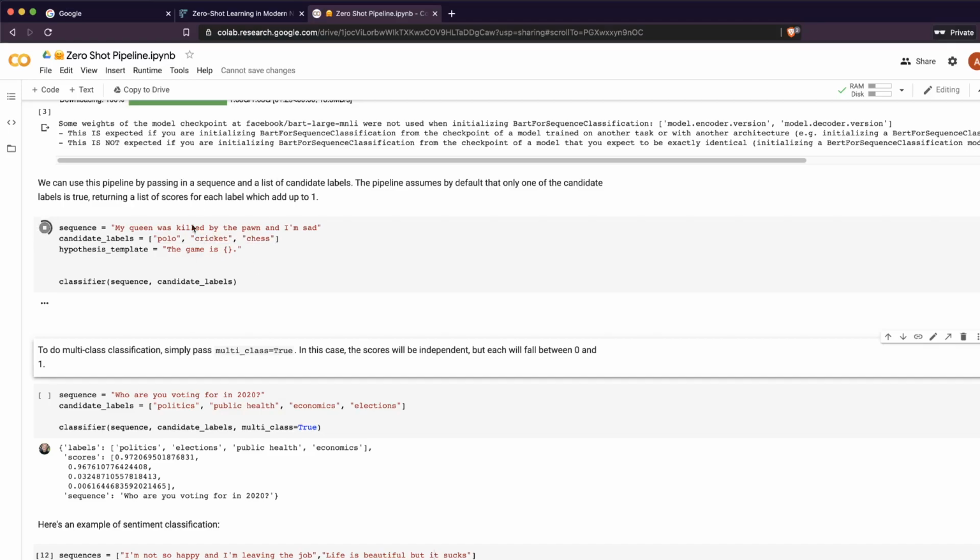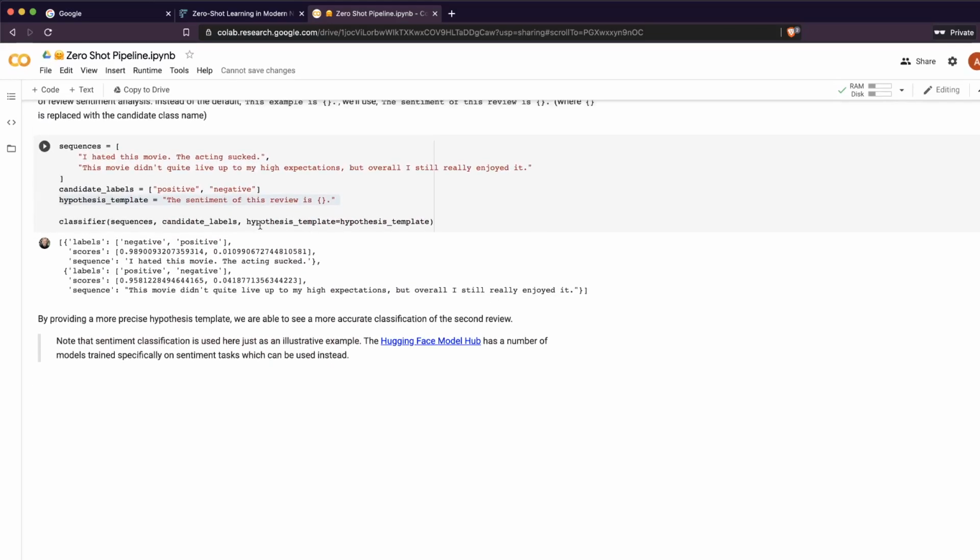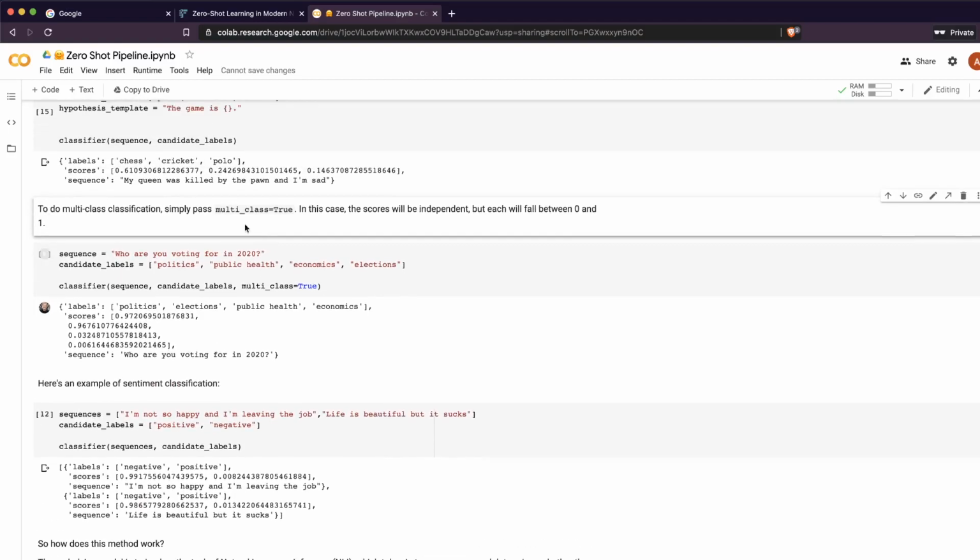If you give this sentiment, you can now see that chess is 61%. Without this template you wouldn't necessarily see the same 0.61, but when you give this... in this case it's not actually changing a lot, but, sorry, I have not given the hypothesis template.